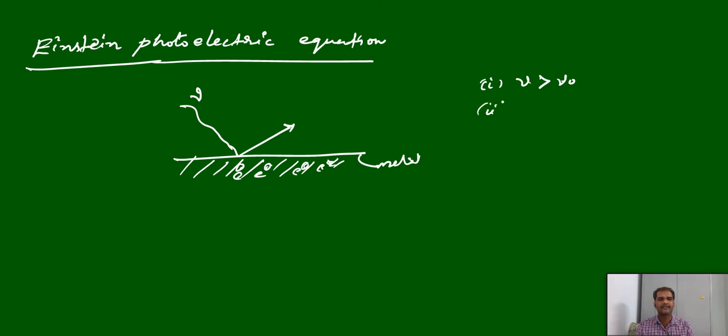And in the second case, if you supply equal to that, what happens? And third, if you supply less than that, what happens to the photoelectric effect? Let us see the first condition. We are incident with some amount of energy E that is more than the work function, then ejection of electron can take place. Then what about the excess energy?